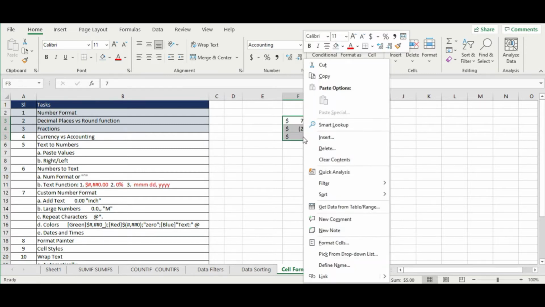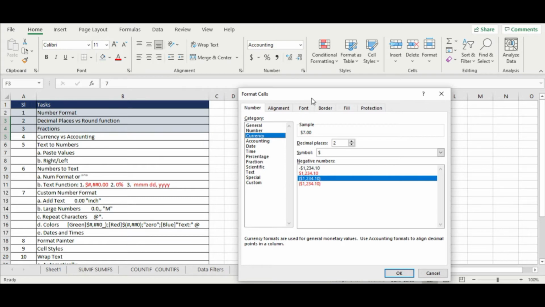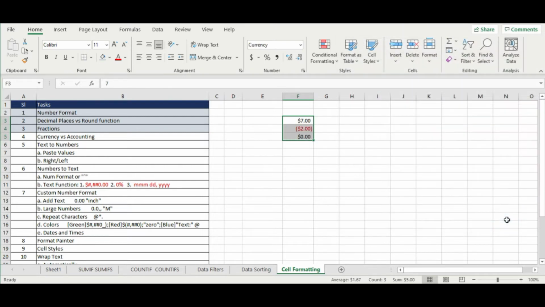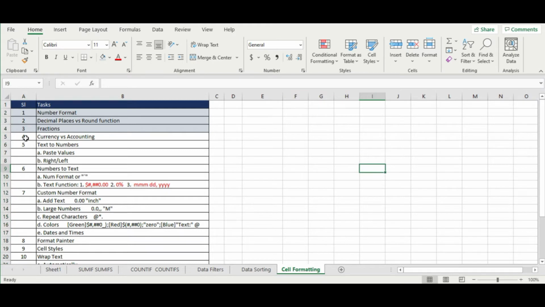You can, however, right click, go to format cells, and change how you want it to be displayed. If I want to change the currency and show it as, instead of minus, if I want it as red highlighted in brackets, I can do that as well. Now you can play around with this, but there's a slight difference between currency and accounting. Let's go into the next,